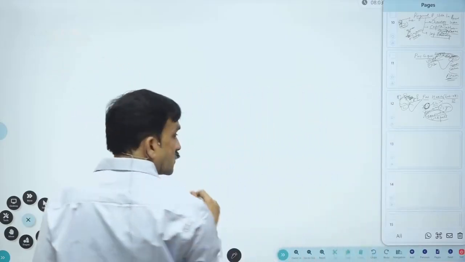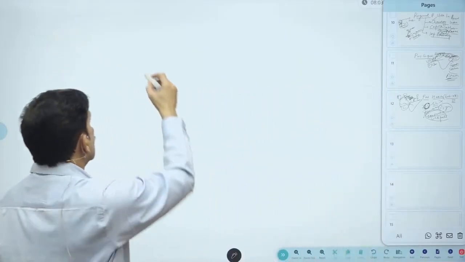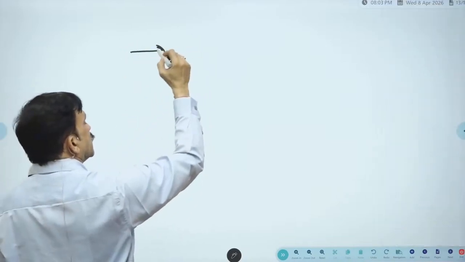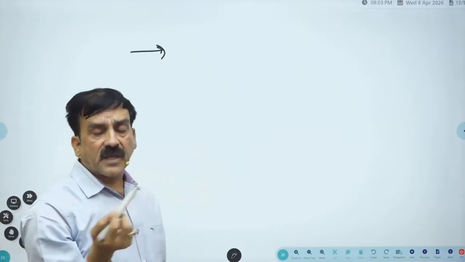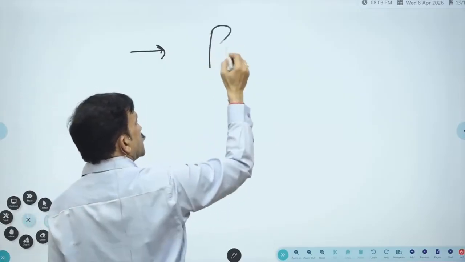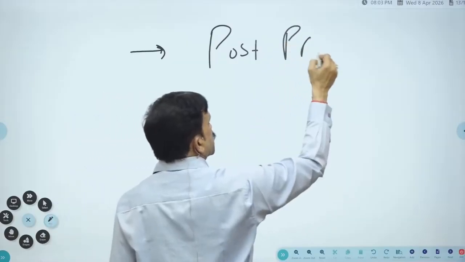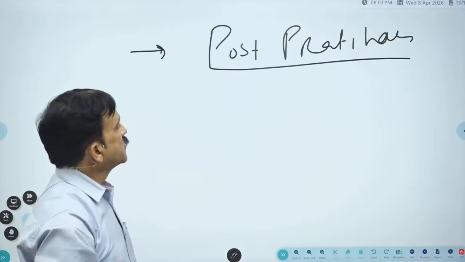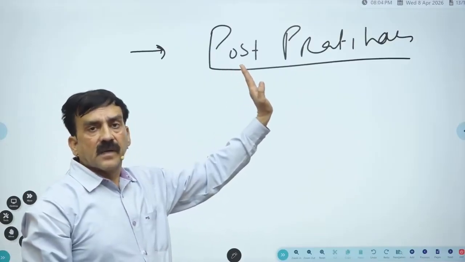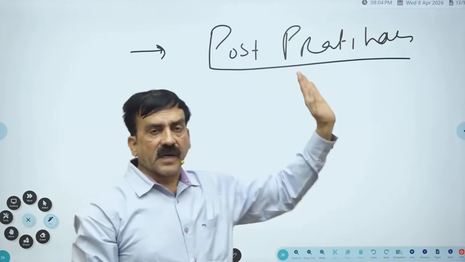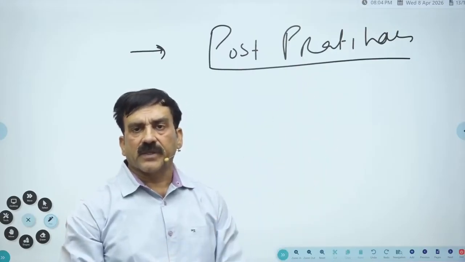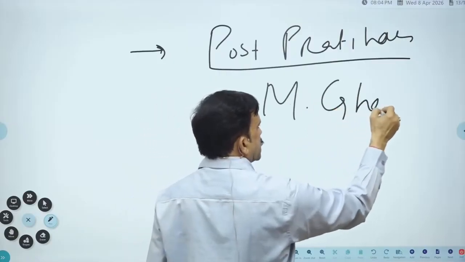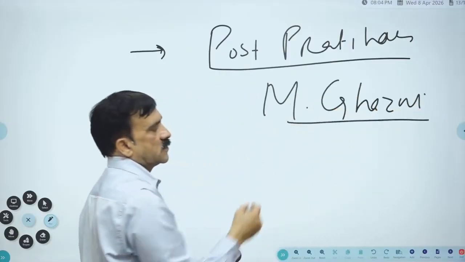Palas. Finally, Pratiharas captured Kannauj. Post Pratihar. Keep in mind, Pratiharas went on for almost 200 years, but finally the invasion of Mahmud Ghazni